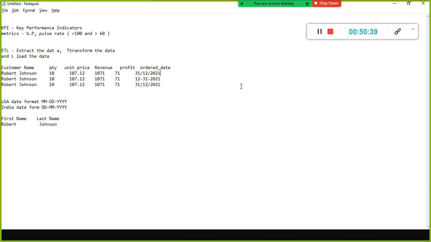So you need to clean the data. As part of data transformation, we are making sure that we are addressing these kinds of formatting issues. We are removing the duplicate data, or in case of any dirty data, we clean it. We do everything as part of transformation. Once the transformation is done, then load the data.